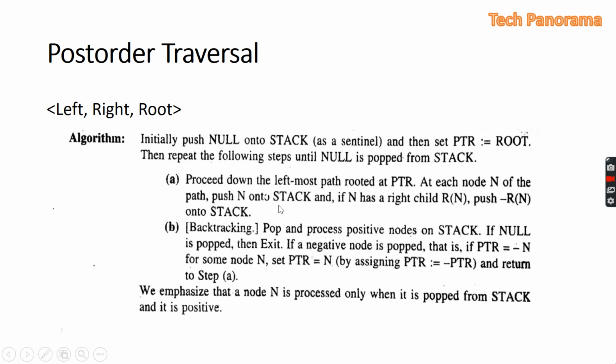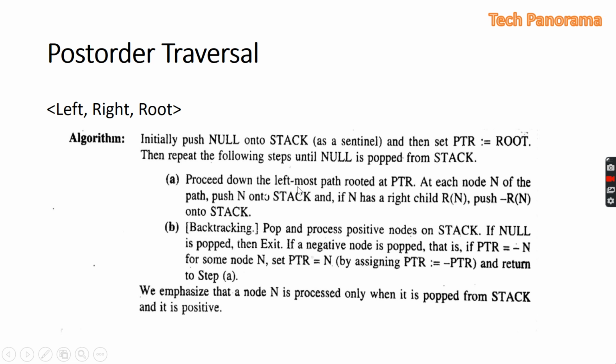At each node we will push two elements into the stack. First the nth node will be pushed to the stack. Next we will check its right. If the node n has a right child, then we will push that node with the minus symbol so that we can distinguish between a node and its right part, because both are handled differently. The nth node is to be processed directly, but the right tree is traversed using post order traversal. So to distinguish the nth node and its right child, we use the plus and the minus symbol.